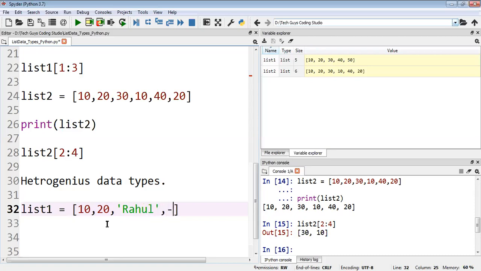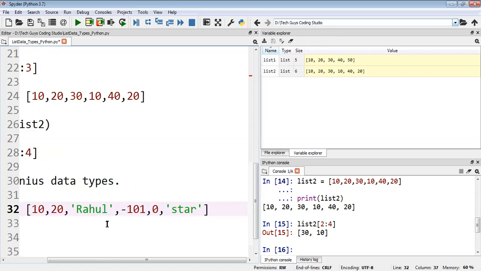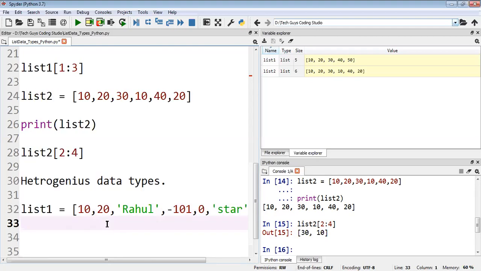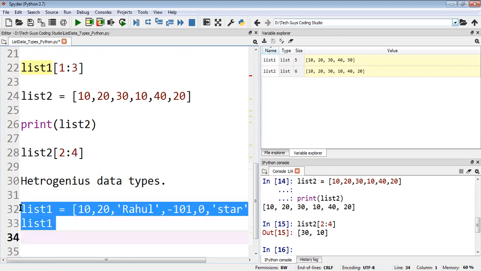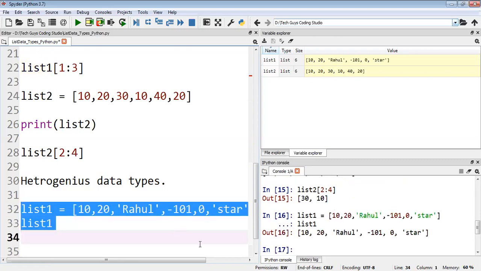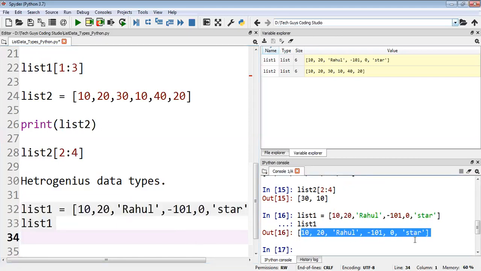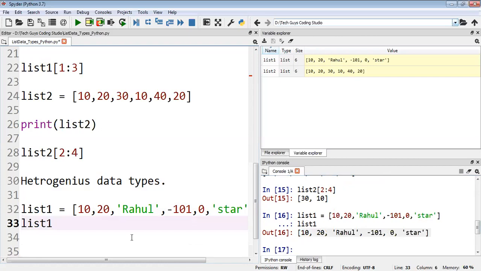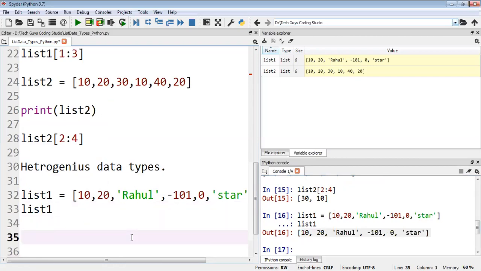You can add minus 100, 0, anything. Anything we can add in the list. So list is heterogeneous data types.